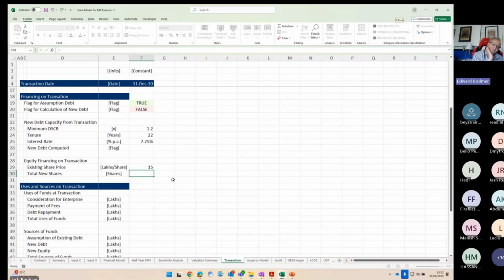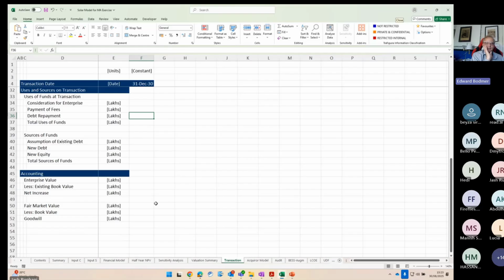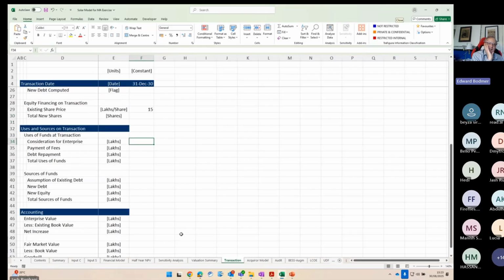So now let's just go and do the key thing next. Sorry about skipping around a little bit. Go down to where it says consideration for enterprise. So we need to understand some of these words. Consideration is not how much you actually pay. That's how much you pay for the asset. And put an equal sign and go up and get